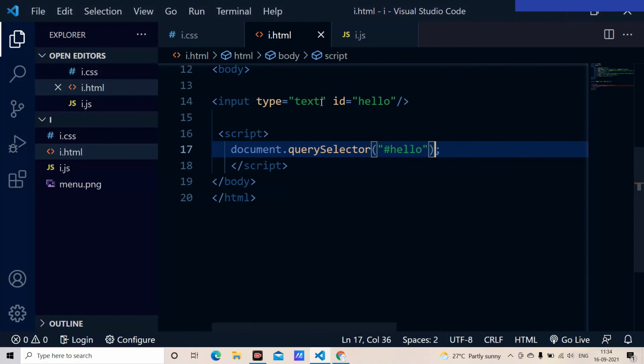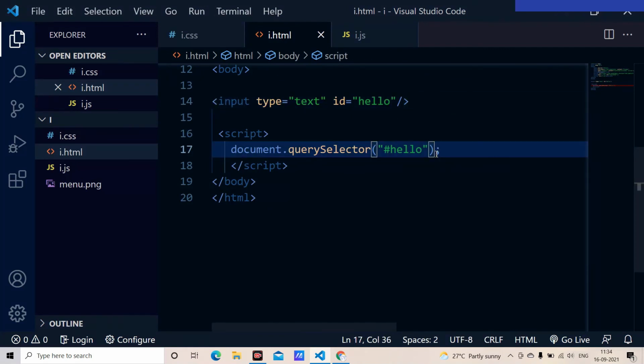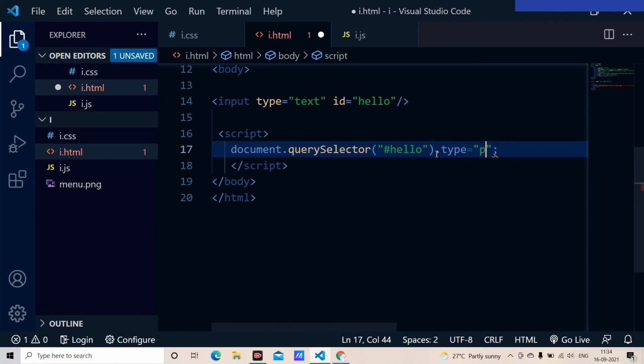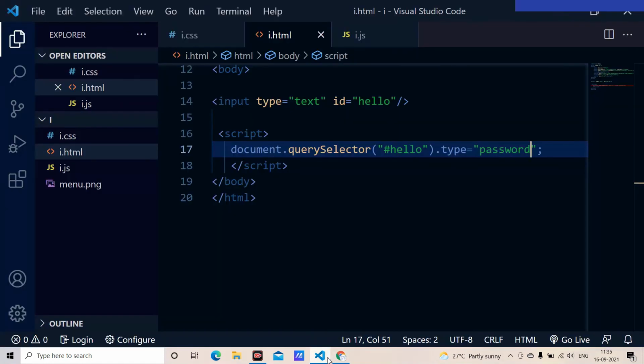As you can have a look at here, this is a type text, and if I change this type to password, I can change it here only, but using this I can change this. Here I have to mention the type. In the type, I have to mention that I want to change it with the password, and I will save it. When I just reload the site, it is going to show me a password. As you can have a look at here, this is a type password, and this is how we change the attributes using this change element in the document object model. And this is all about it.